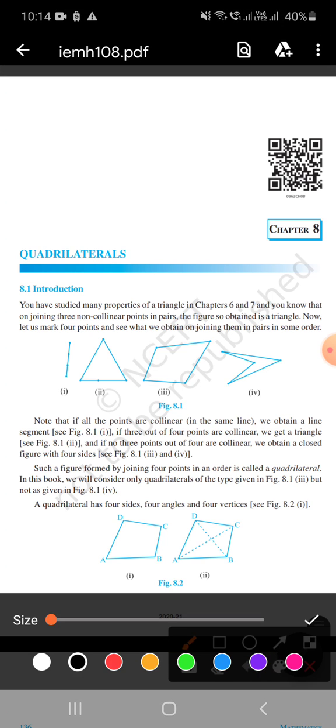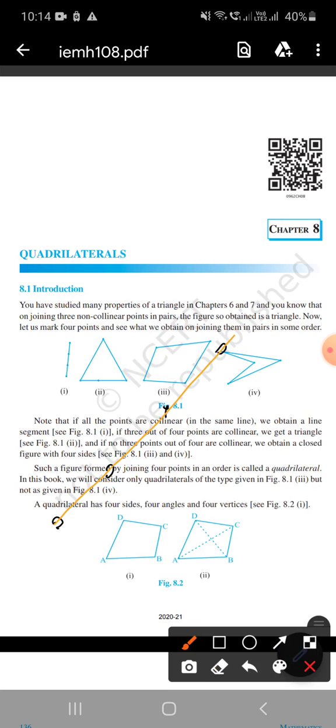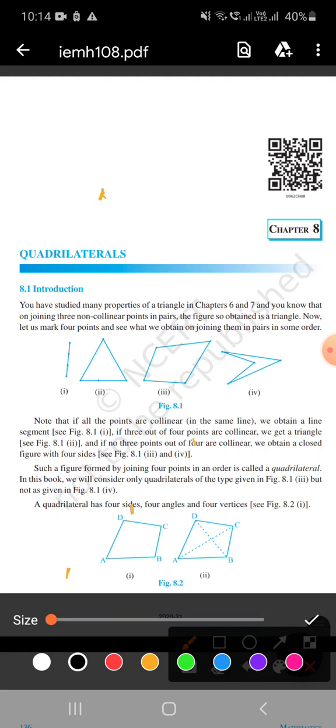See, suppose these are the 4 points 1, 2, 3 and 4. These 4 points are collinear, and if I join them it will form a line, right? In the same manner, out of these 4 points, three are collinear and one point, let us take this, is non-collinear. Then the line joining these 4 points will form a triangle,